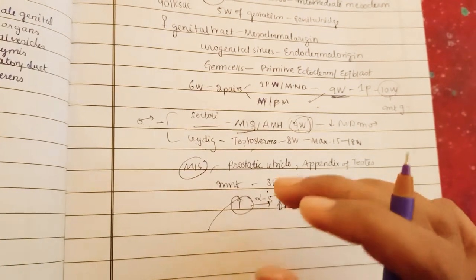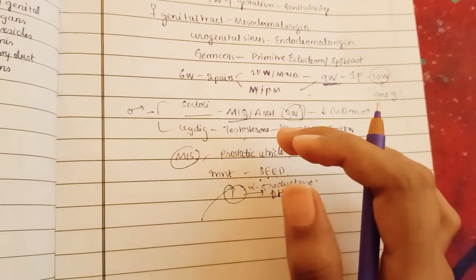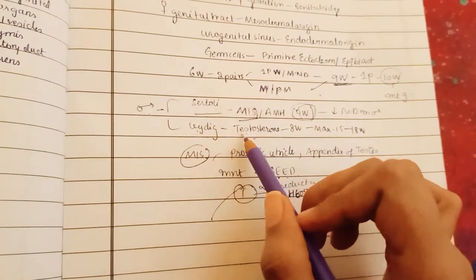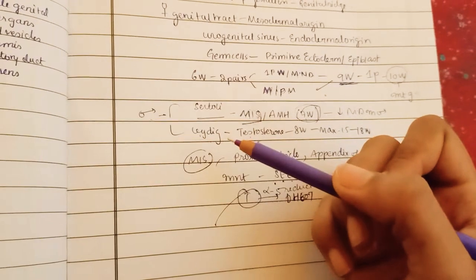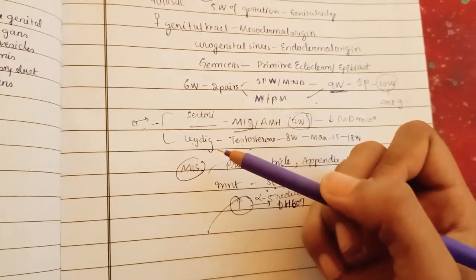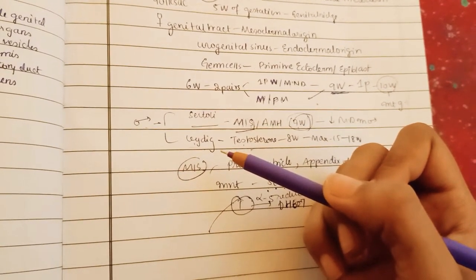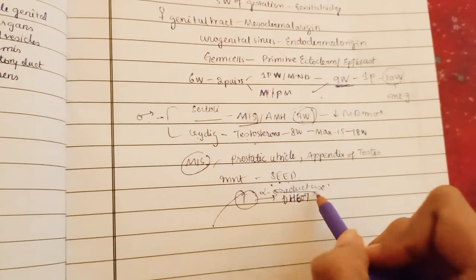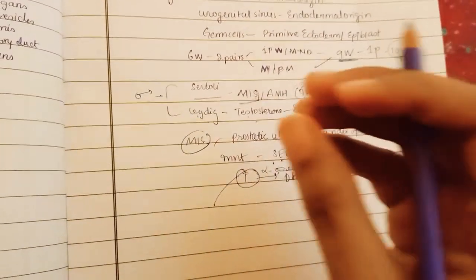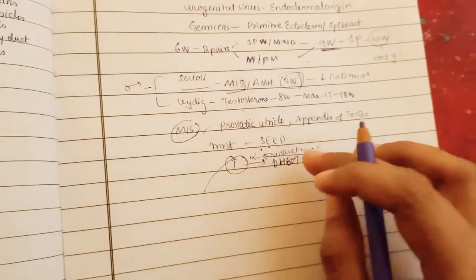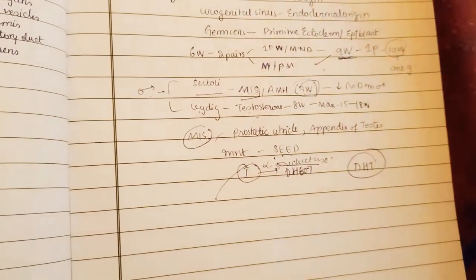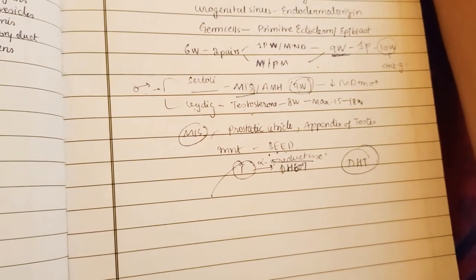Next, coming to mesonephric tubules. Mesonephric tubules are nothing but Wolffian ducts, like in male, right? So in males they will lead to formation of efferent tubules. Testosterone is converted into dihydrotestosterone by 5-alpha reductase, and the most potent testosterone is dihydrotestosterone. Dihydrotestosterone is the most potent androgen in males. Okay,